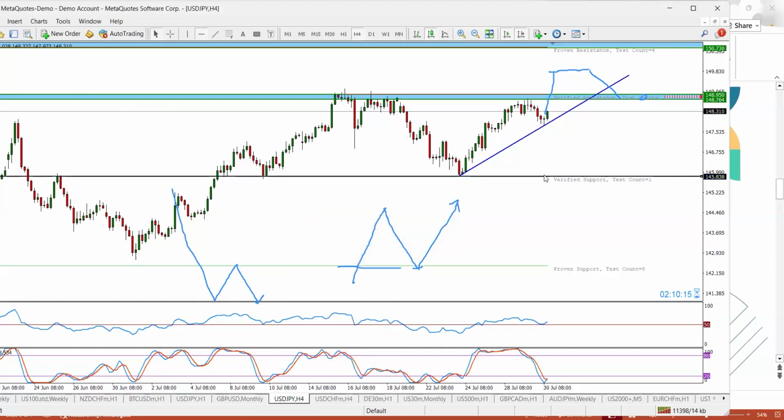This is a support, and price is currently here. Okay, see, price is currently here, for example. Price is at 147.535. My support is at 145.838. Tell me why in God's earth I would want to buy here when I know that at some point, look